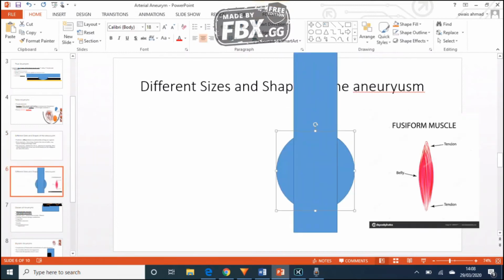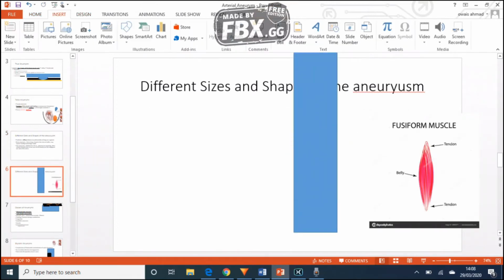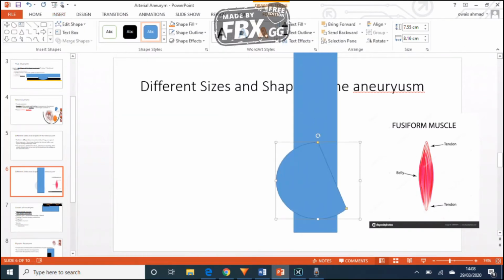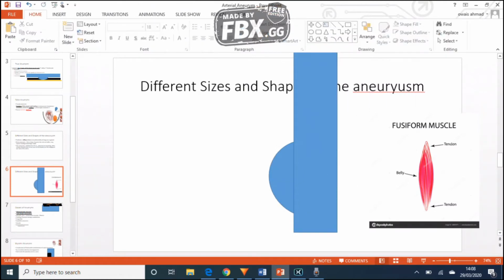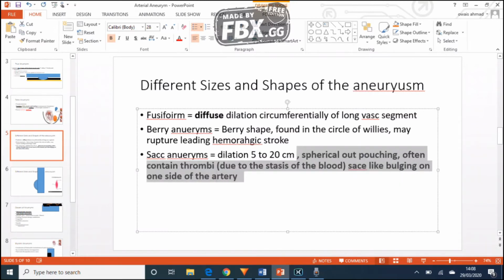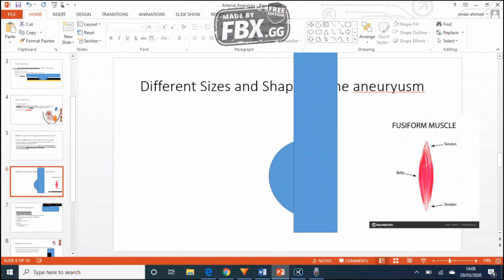So I'll just draw the suppurative inflammation in some color, like yellow or something. And it can just be inflammation, again very simple, nothing very important. And then there can be some sort of suppurative inflammation, and there can be some sort of circulation of the microorganism. So what can this basically mean? This microorganism circulating can basically lead to an infection and aneurysms.